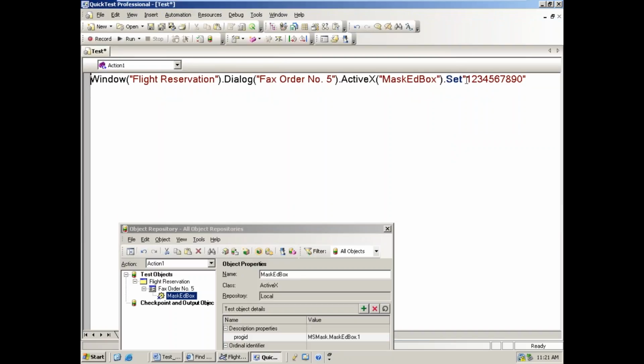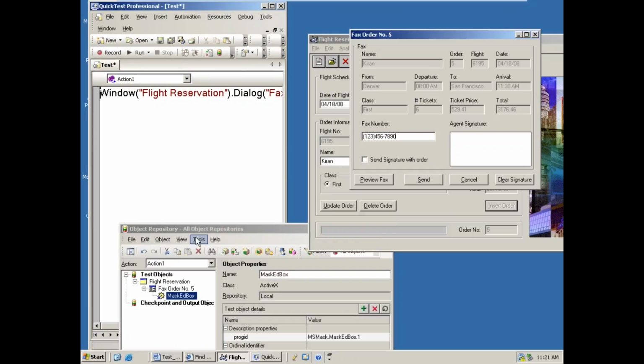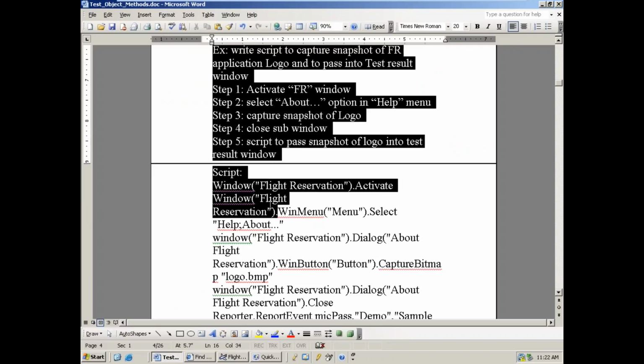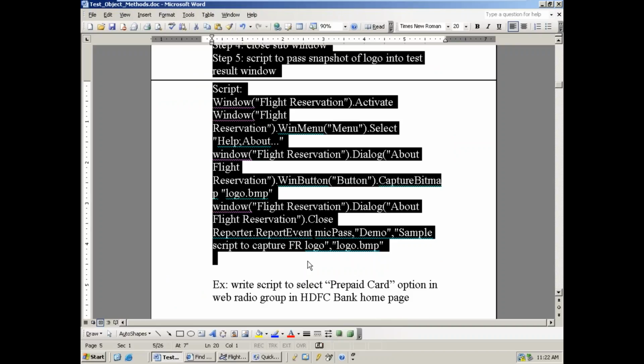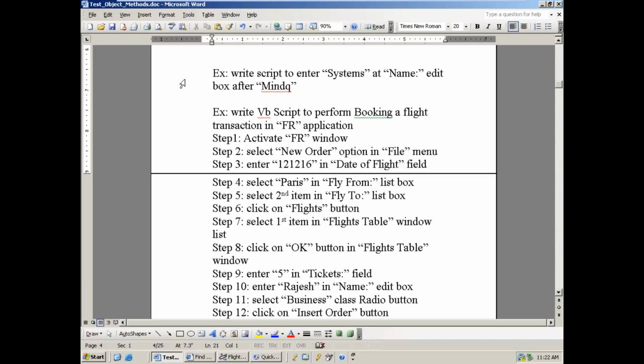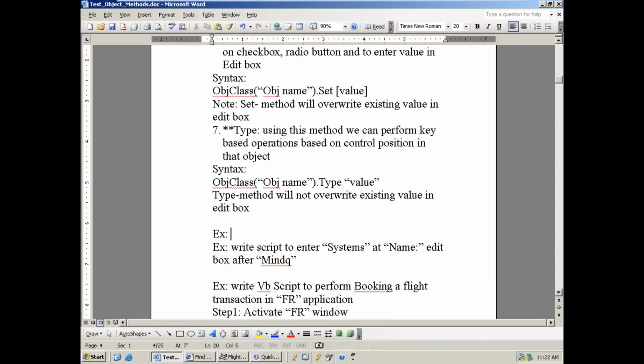So where do I need to go? For the type method. If I go for the type method and run it, now you observe here. One by one, each character goes and enters. With the set method, all the values enter at a time, but here one by one character goes and enters. Any 10 digit number into